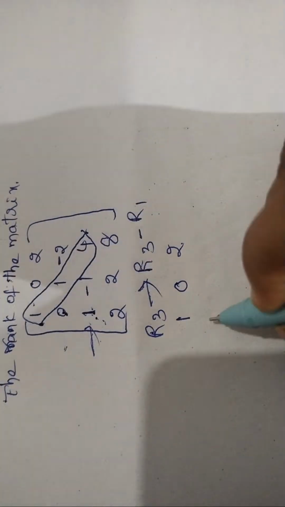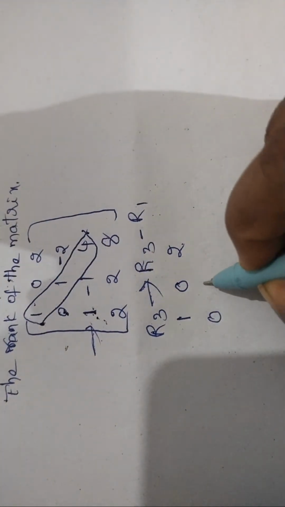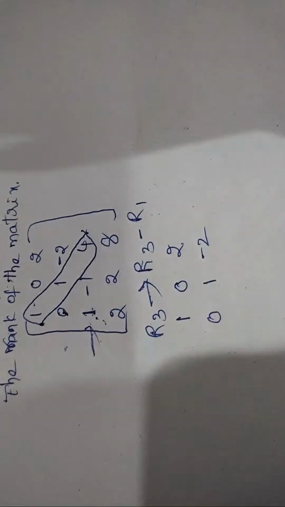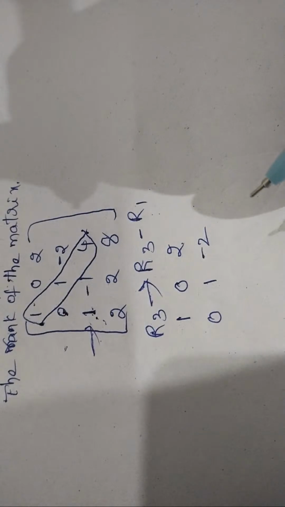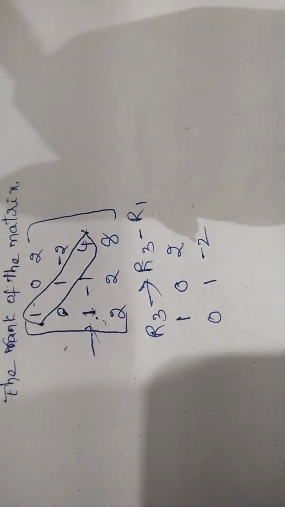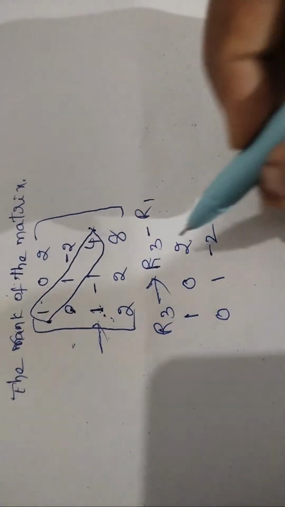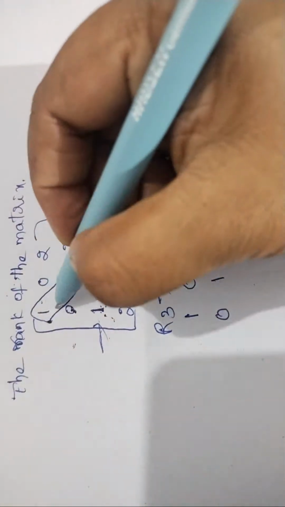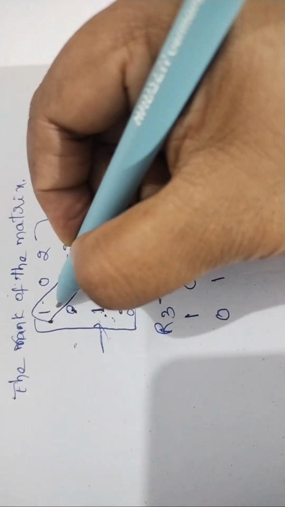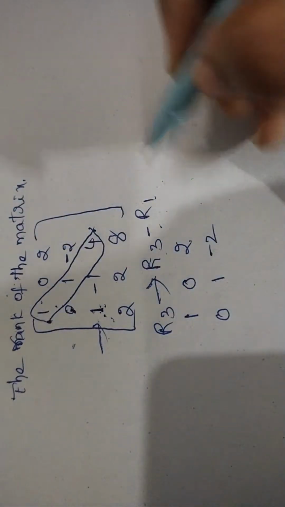R1. R2 also same: 0, 1, minus 2. So, can't change values. Why? Because we are not performing R2 operation. Now, R3 operation. The R3 operation is R3 minus R1. Means 1. R3 is 1. That above value is 1. So, 1 minus 1,